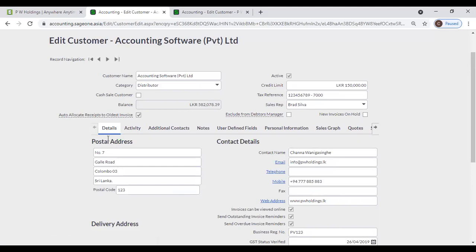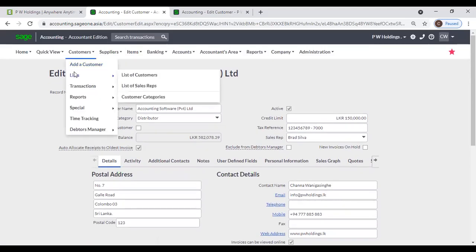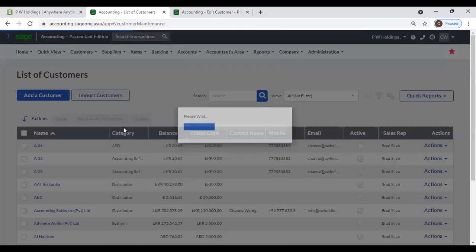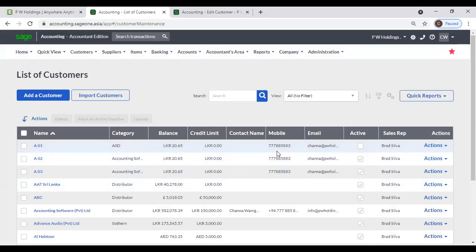Okay. After you create customers, you can view your list of customers. Go to customers, list of customers. From here, you can view your customers. From this grid, you can view name, category, customer balance, customer credit limit, contact name, mobile number, email, active, sales graph, actions. And if you want to customize this grid by clicking this customize grid button, select this customize grid,